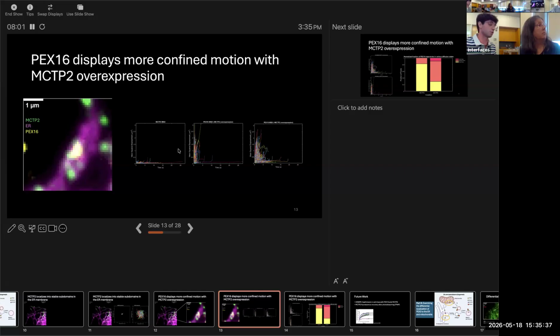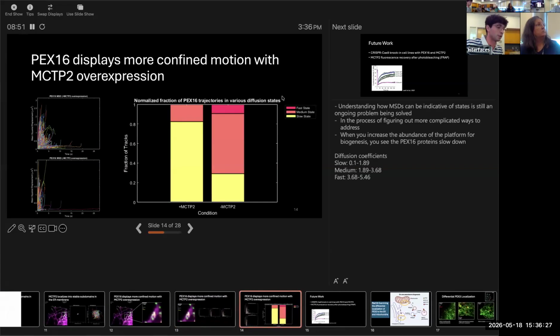And so these three graphs here show the mean square displacement of these different proteins. On the left here is MCTP2, and you can see it's not really moving from one spot over time, but PEX16 without MCTP2 overexpression is moving very fast. And then when you overexpress MCTP2 and track PEX16, you can see that there is still this very fast motion, but there's also cases where it is not moving as fast, and there are even cases where PEX16 gets stuck. And so basically what we think this might be lending itself towards is that when these two proteins co-localize, we can get a stable area that the ER can organize itself for peroxisome